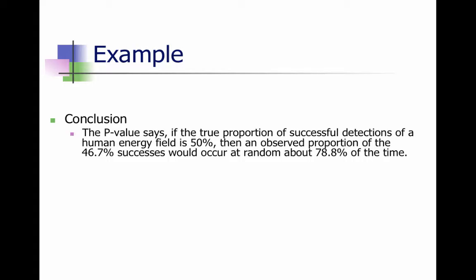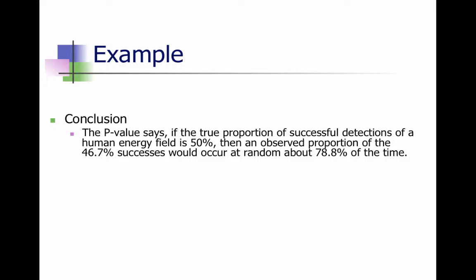So what this is saying is that if the null hypothesis is true, so if they can detect a human energy field 50% of the time, then they will get it right 46.7% of the time. That will happen at random due to natural sampling variability 78.8% of the time. So that happens more than 3/4 of the time. Therefore, we're not really surprised that if they are just guessing, they would get it right 46.7%,